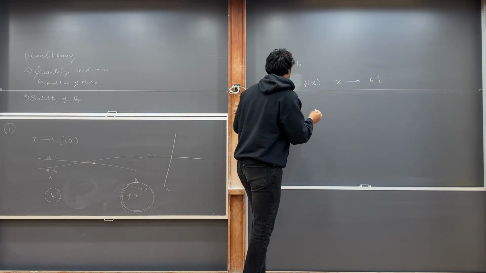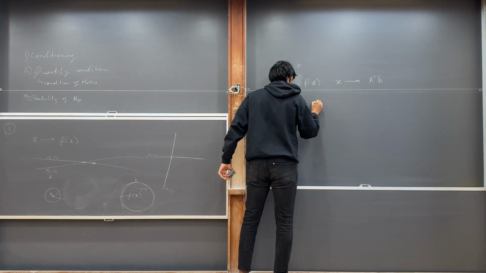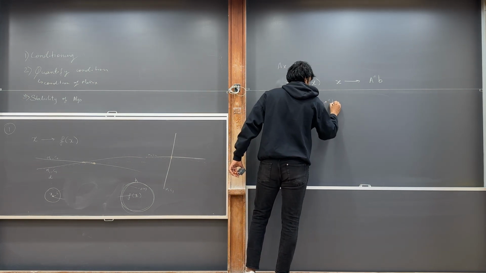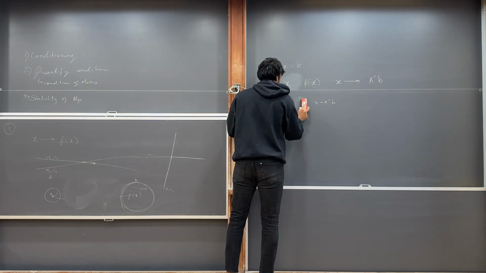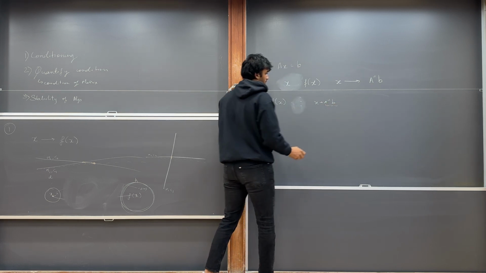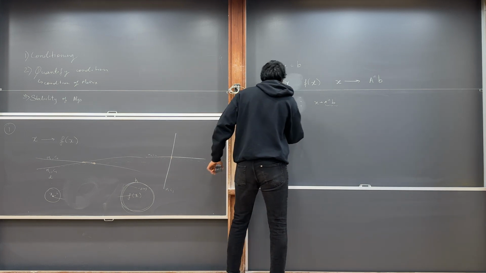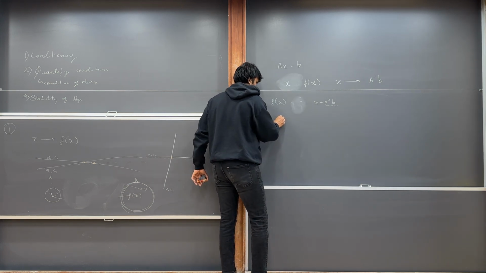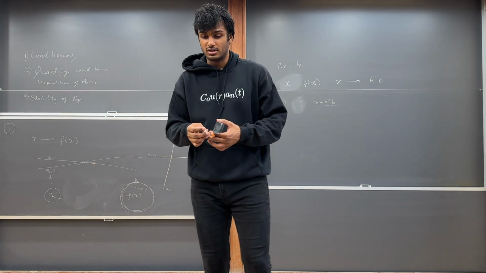Well, this function f of x, going from x to A inverse b, has two parameters, A and b. So we have to see what's the condition number of this problem with respect to these two parameters. For example,